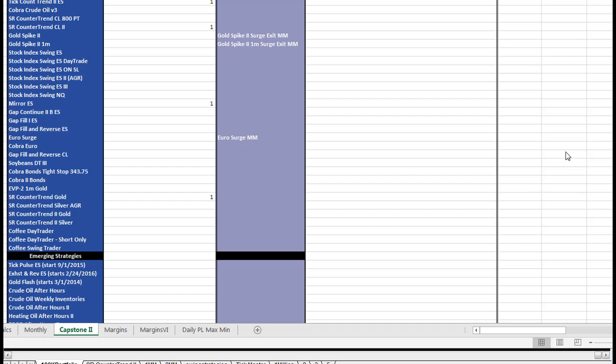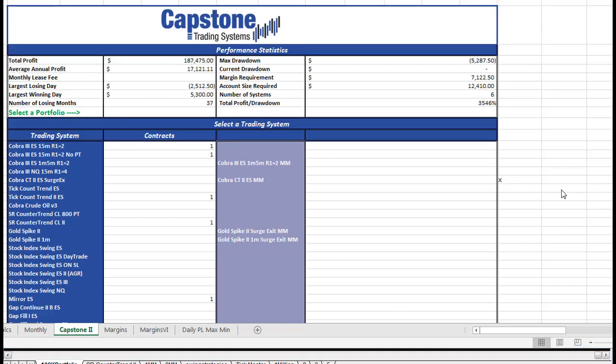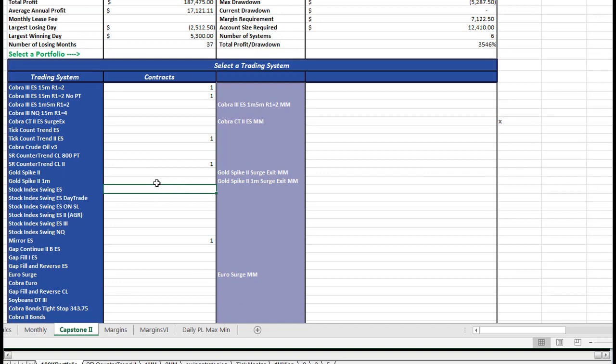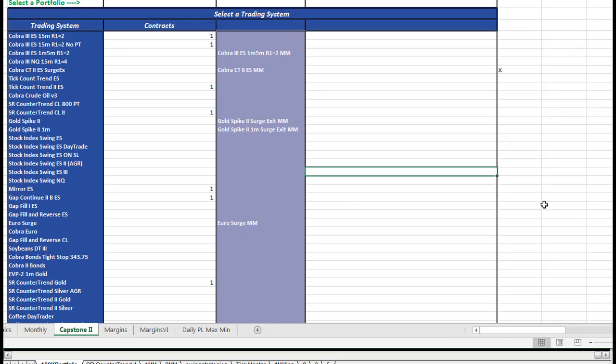So for the new 100K and $1 million portfolio, the $1 million portfolio is just 5 times the 100K. It's not 10 times because we deleveraged just a little bit. And we're going to add, I'm waiting for this to update. We're going to add 4 additional strategies. Those strategies are, let's see, what are they? They are mirror E-mini S&P. Okay, we have that gap continue to be. And we're going to add